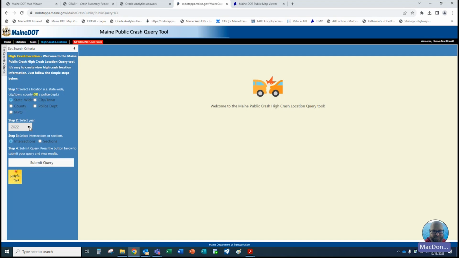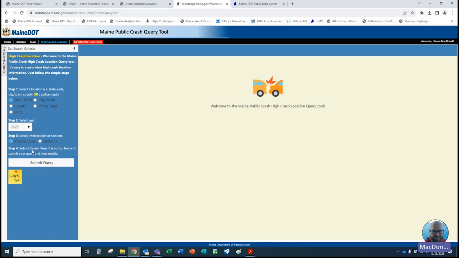So anytime it's happening 1 time more than what we would expect over that 3-year period, with 8 or more crashes, that's what constitutes a high crash location. It's an area where we might say, okay, we may want to take a look at that. There are more crashes happening there than what we would expect to see. Why is that? So it's just a tool.